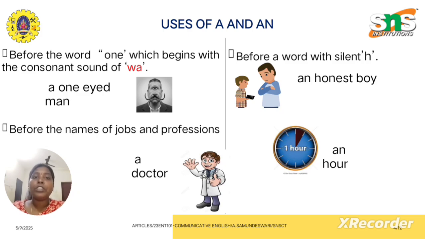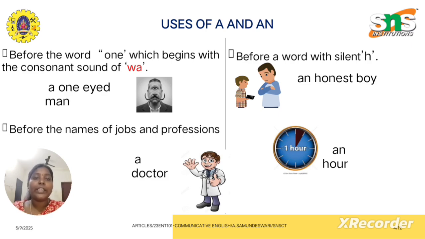Before the word one, which begins with the consonant sound of wa. As I told you earlier, in some places a letter that is a vowel might confuse the person. Here the word one has the sound of wa, that is a consonant sound, w-a. Similarly, you can connect it with ya: a one rupee note, a one night man, a one India scheme, something like